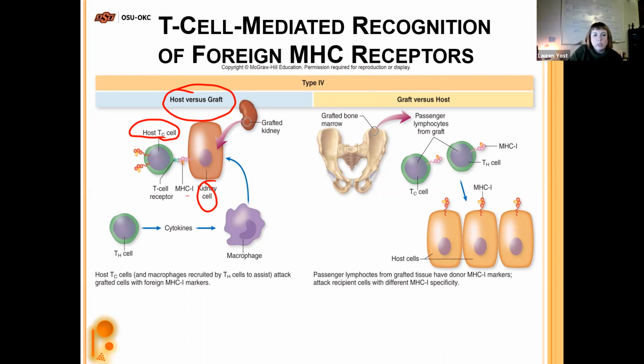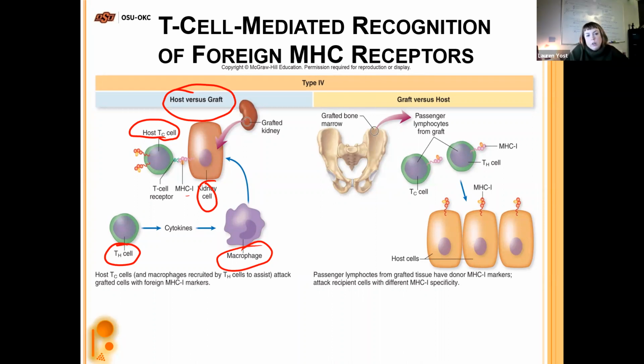activate. What cytotoxic T cells do by now, right? They release their perforins and the granzymes and they kill. So that's what's going on. The helper T cells and macrophages can be involved in helping stimulate that response as well. It takes a while to build this up. That's why we don't know necessarily right away that somebody could be rejecting a graft. It can take a while. However, the second